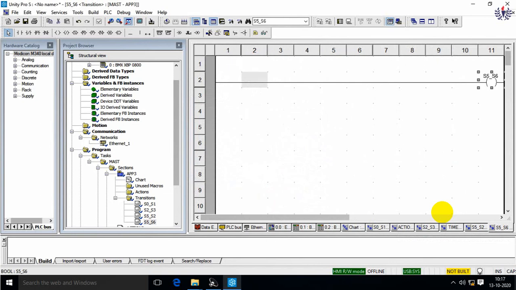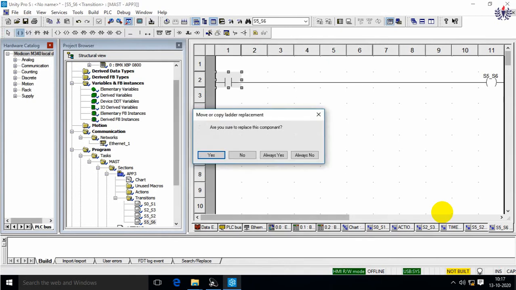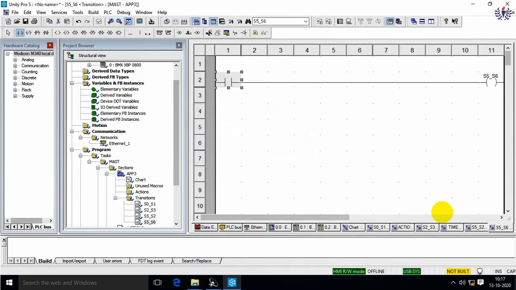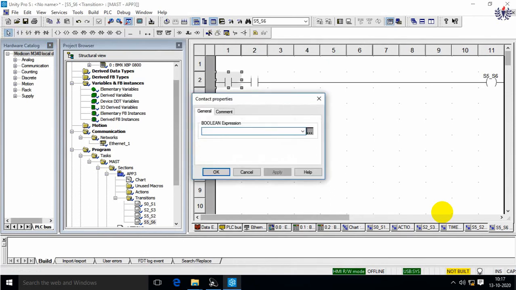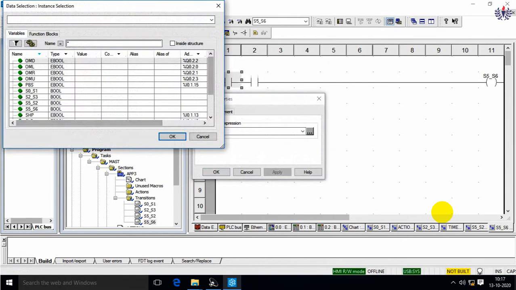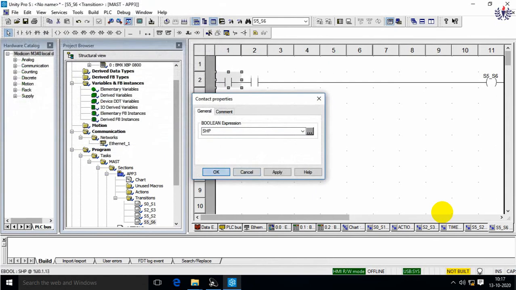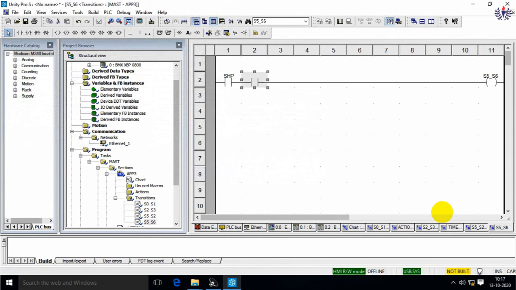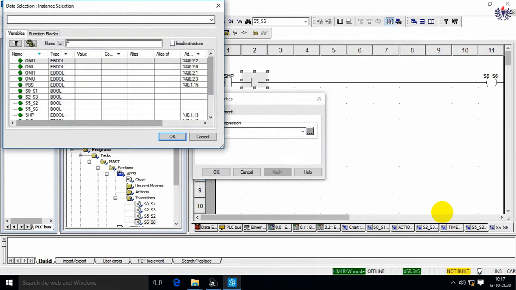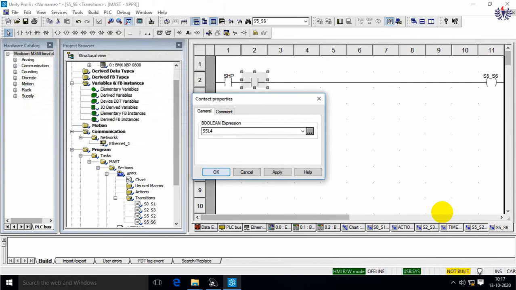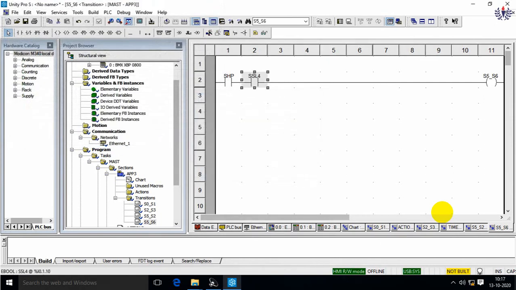For this, what is the condition? It should be in the high position, and also it should be in slot 4. Previously we were looking for slot 2 and slot 3, for that branch is executed. So now I am going to have one more logic, that is, it is in the high position, SHP, but it is in slot 4, SSL 4. So I am ensuring this.